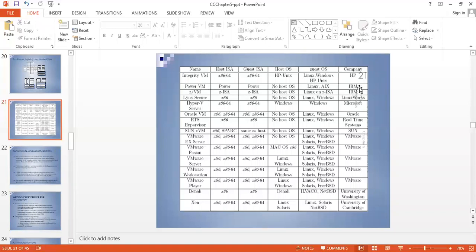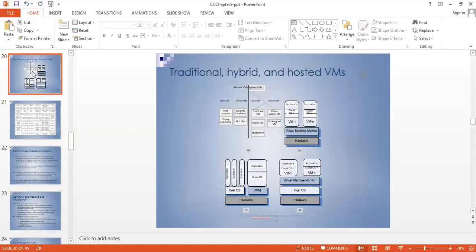Then Power Virtual Machine, done by the IBM company. HP calls it Integrity VM, and it works for 64-bit. HP Unix operating system, which works on Linux, Windows, HP Unix. This has been listed, and before that they have shown traditional, hybrid and hosted virtual machines